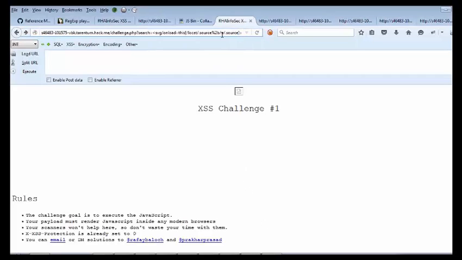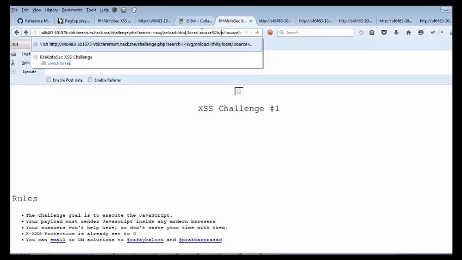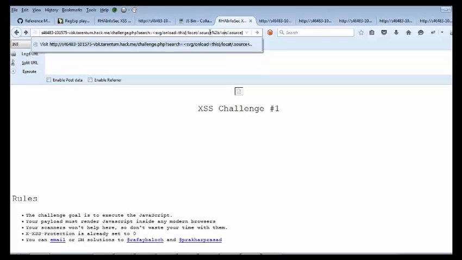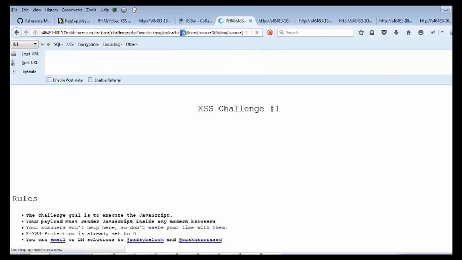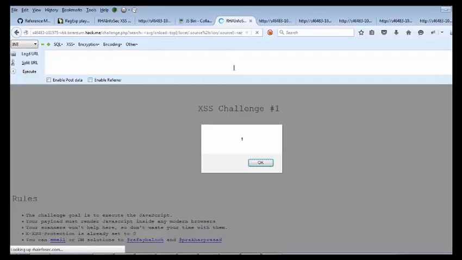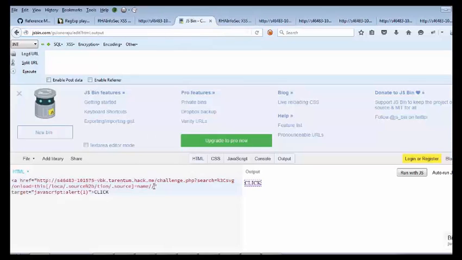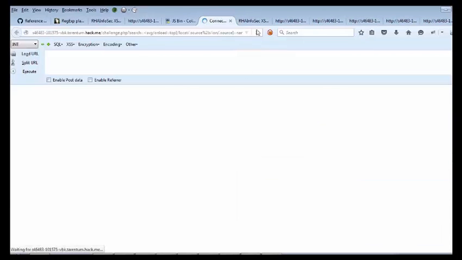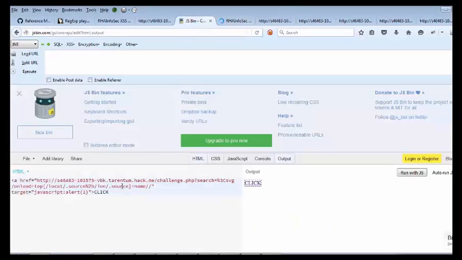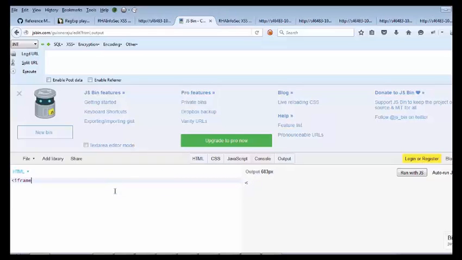Right, so LOCATION, which forms location, however we'll have to change the constructor from this to top. So now we are able to execute the JavaScript, and we can use a lot of methods in order to set a name property. One of them is the target attribute of an anchor tag, and another is loading a